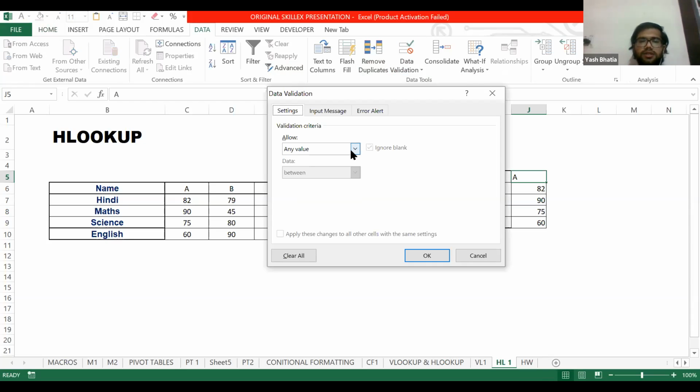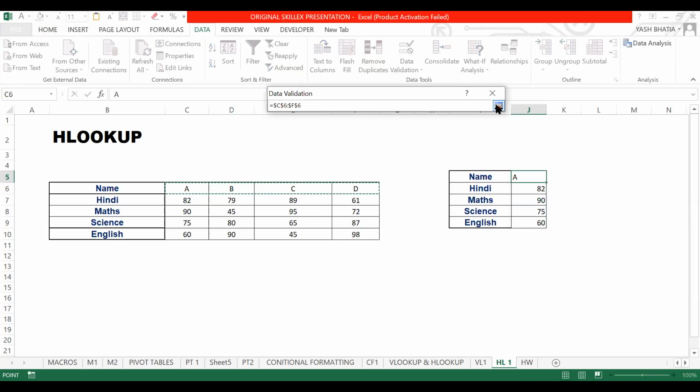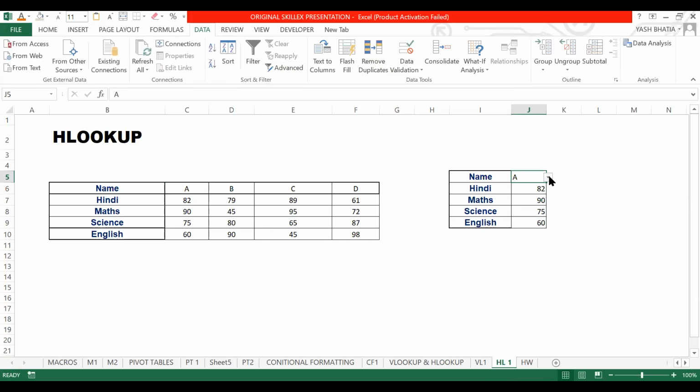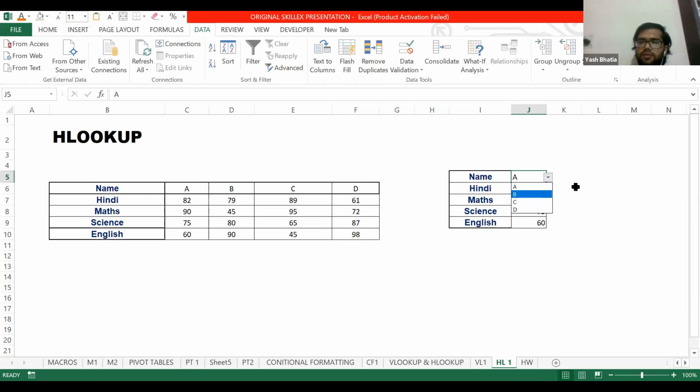Choose list, and in the source, choose the students whose marks are in the table. Select OK, and it creates a list, which creates a dynamic table. For example, if I change its value from A to C, it's automatically changing. So it has created a dynamic table